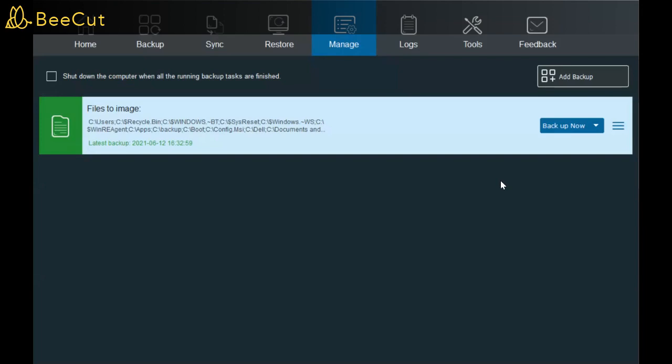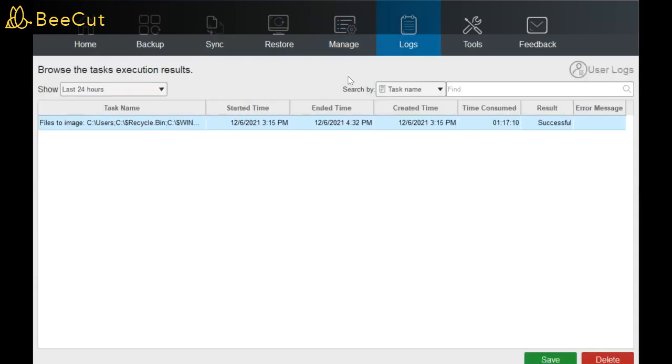As you can all see, the backup process has been finished, so the file has been backed up. In the log section, we can see the task name, the backup started and ended time, the created time, and also the backup consumed time.